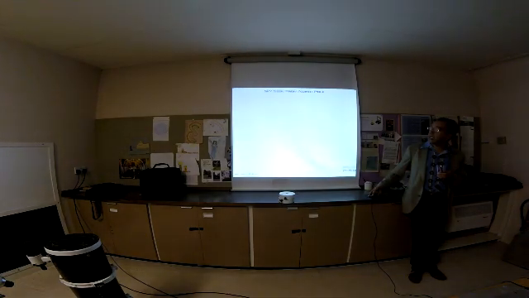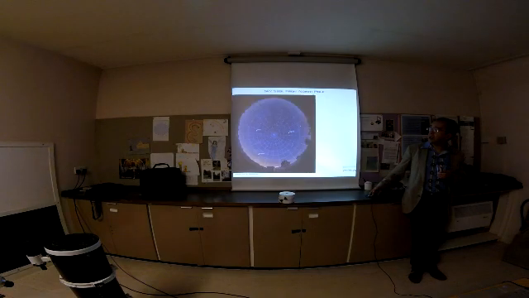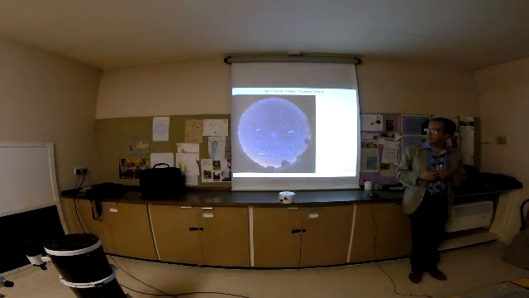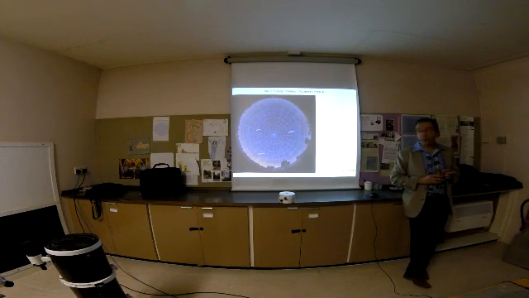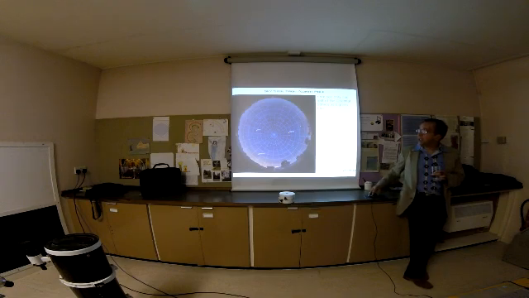Now, in a similar way, if we were to stand on the Earth and look up at the sky, again we'd see one half of the celestial sphere. This is an image taken from the popular program Stellarium that I'm sure a lot of us use. And if we were to stand on a point at the North Pole, we'd have a very similar situation. We'd see the sky rotate around us, but again we'd see only half of the sky at any one time, and we'd always see exactly the same half of the sky. As the Earth rotated, we would always see exactly the same stars. We'd never see anything south of the celestial equator,